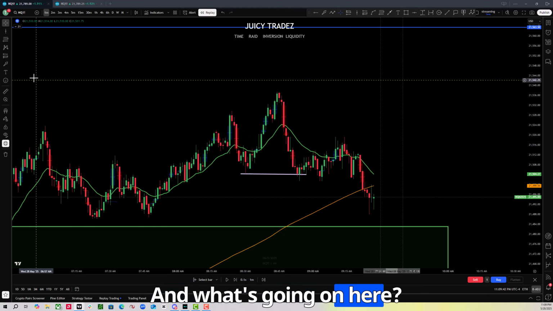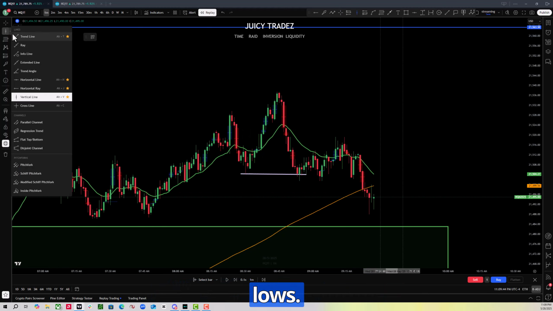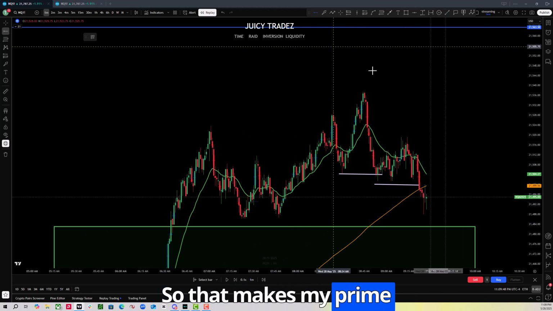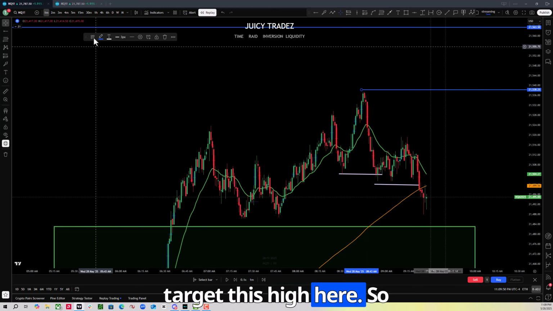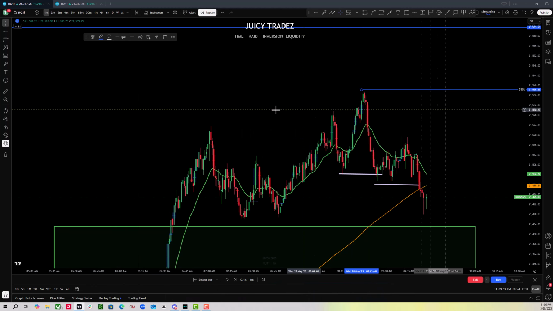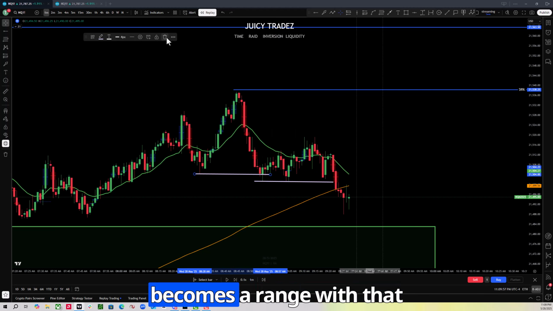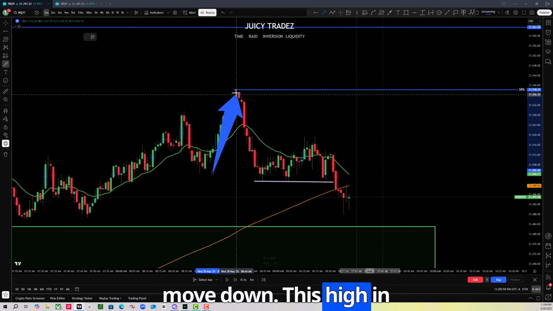Right? And what's going on here? We're sweeping these lows. So that makes my prime target this high here. So from these lows, because again, this becomes a range with that move down, this high and this low, and